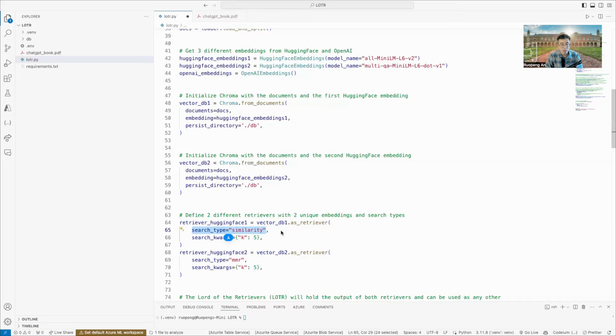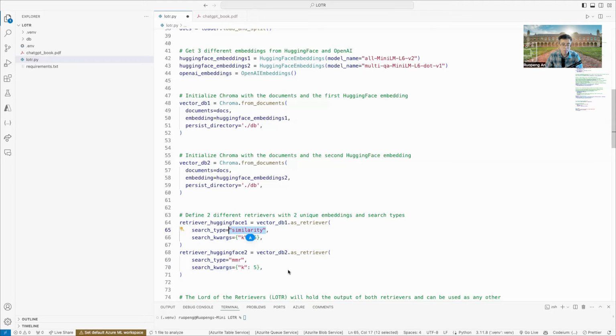Basically, the similarity algorithm is going to be used to match the inquiry that you are going to provide later and each of the chunked documents that has been vectorized. And I'm going to pull the top 5 documents that are most similar to the inquiry, based on the similarity